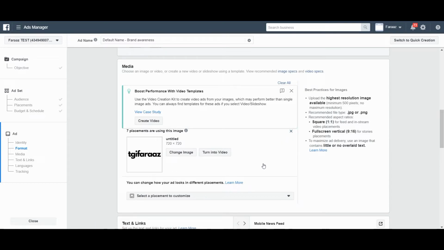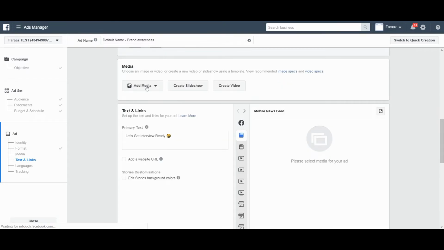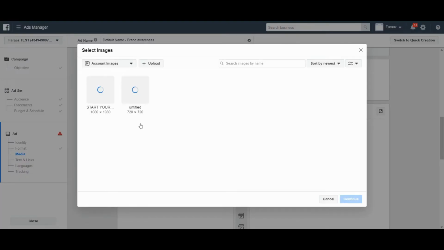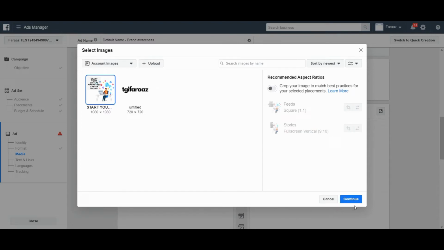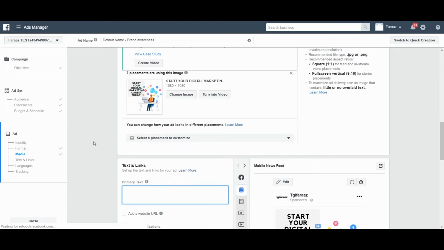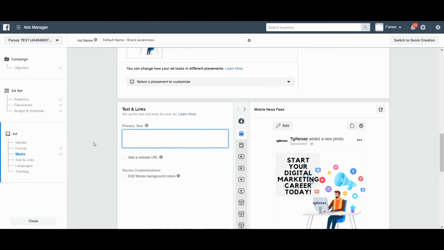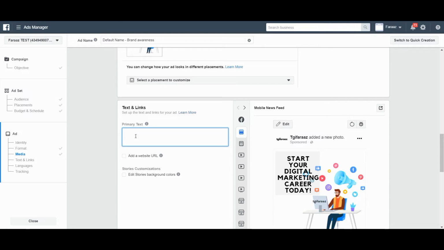I don't want this same image here for the ad, so I would go ahead and cancel this, and I would select add media. I would select add image. Okay, so for example, this is an image which I had made, so I would select this, and I would select continue. Now I would go ahead and enter the text of the ad which is required. So what I would select here is digital marketing for all,